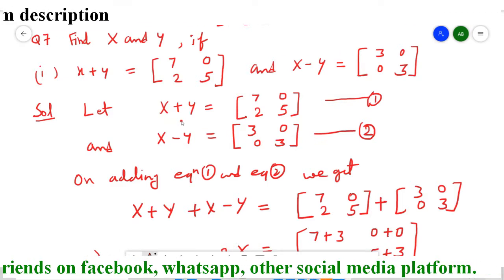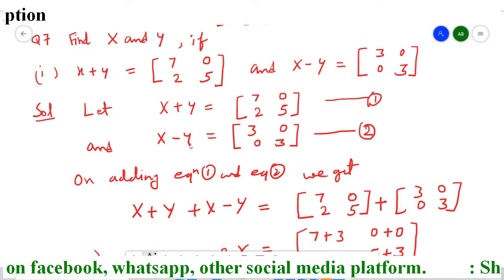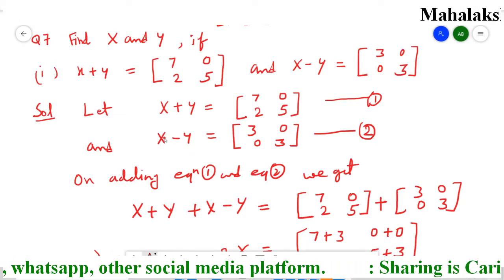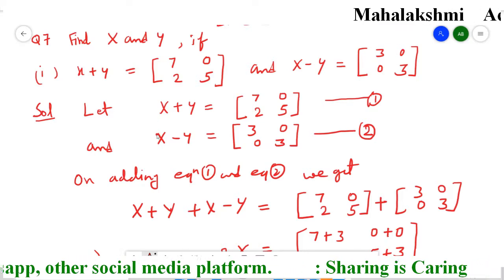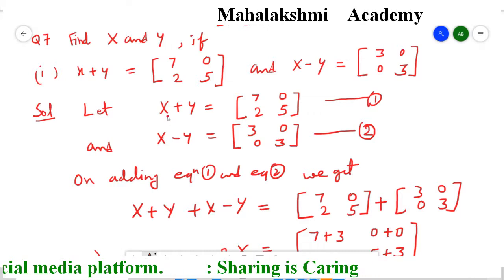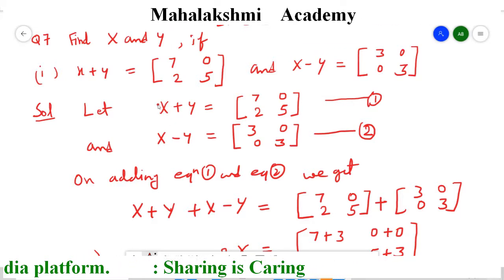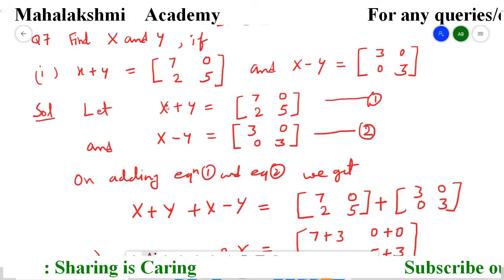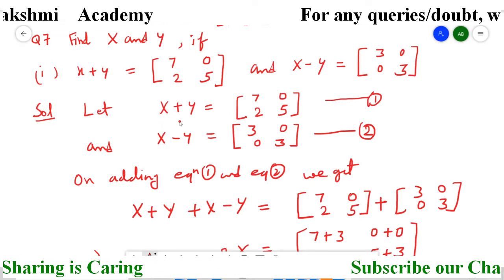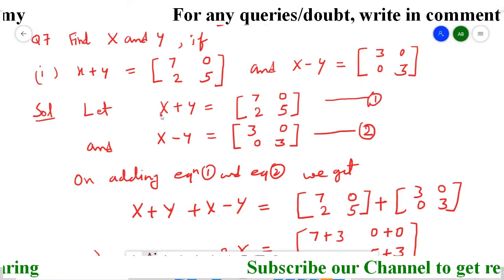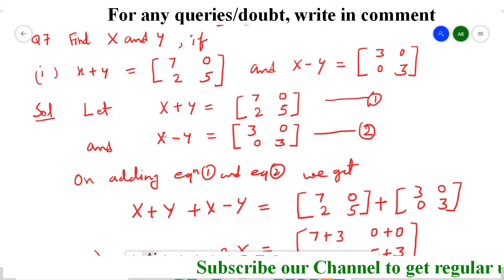So to solve any two linear equations, if we are going to use the elimination method, the one thing we have to note is the coefficient of the variable must be the same. Here the coefficient of x is 1 and here the coefficient is 1. Either the x coefficient or the y coefficient must be the same. So here the coefficients of x are the same.